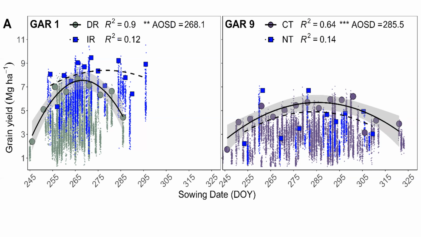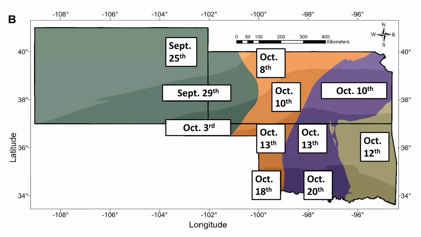Now, if we would put all of these in one photo, if we would choose one day of the year when I could plant all my wheat crop, what was that day? And that's what I'm showing in this map here. I know that planting everything in one day is not realistic, but this date tells us what we need to shoot for, to be around that date. And as you can see here, it really went from the 25th of September as the optimum planting date in